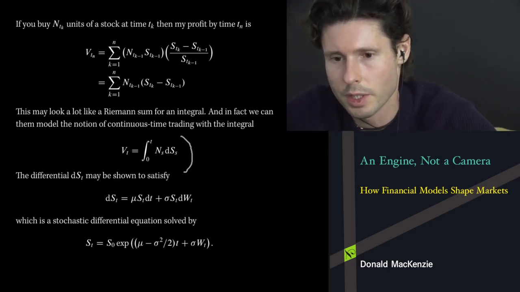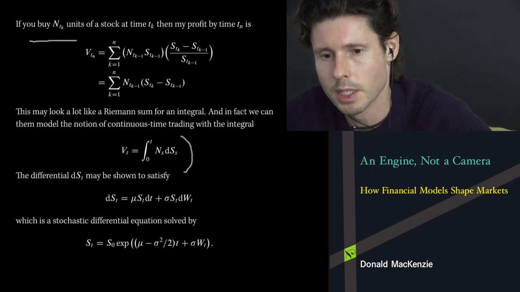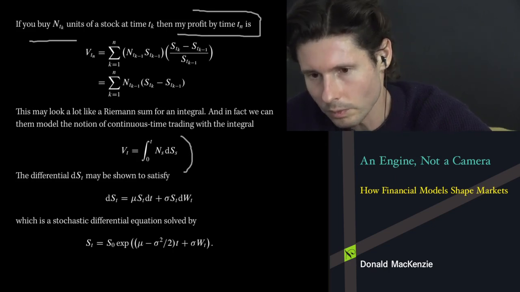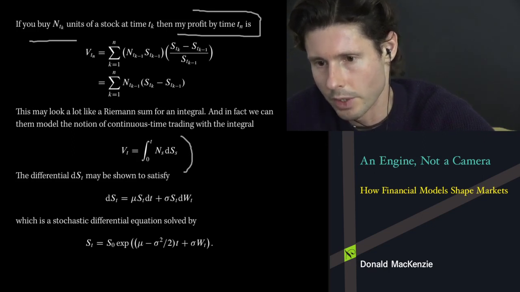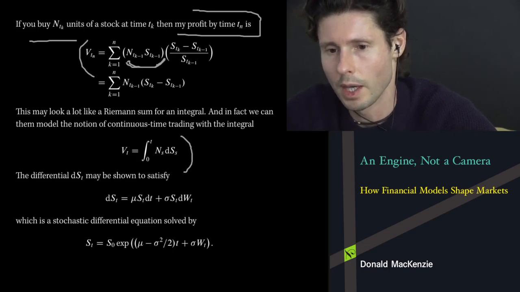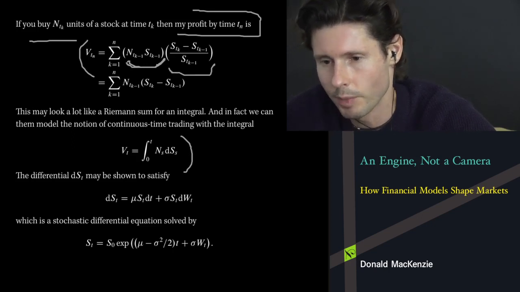But the way this starts is that suppose you're buying n_tk units of a stock at time t_k, and we're looking at how much profit you're going to make over n turns of this. So you're going to buy n times, and each time you're going to select n_tk units to buy. And so this formula would write down the profit. Let's see how this works. If I buy n units of a stock, then I should multiply by the price to see how much money I've actually invested. And once I've invested some money, I can multiply that by the return, which we've already covered, to see how much profit I made.